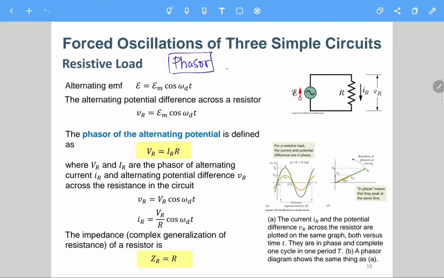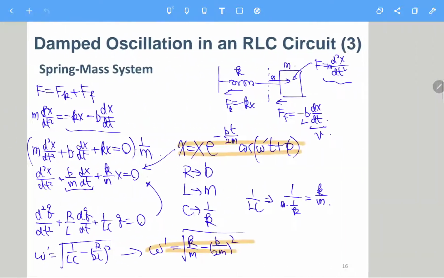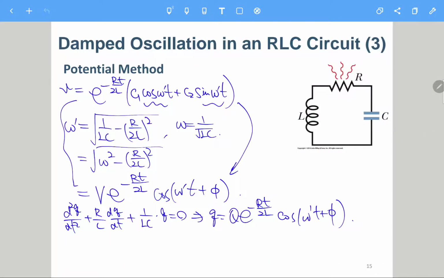So here we talk about the phasor. Actually, the concept of phasor is like, as much as we have sinusoidal input and sinusoidal output, we can just use a number to represent a sinusoidal function rather than writing the whole function. And we can use a complex number to represent a sinusoidal function with different amplitude and different phases, because there are two, just like for example, if it is like here,